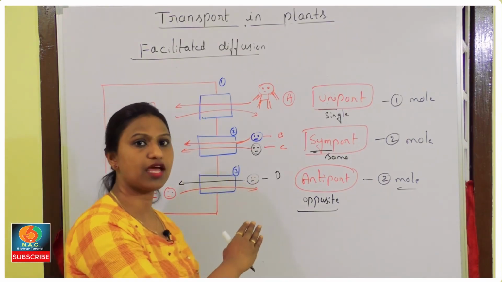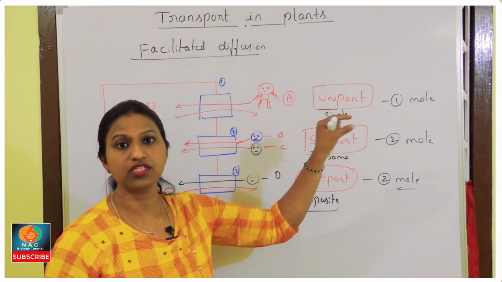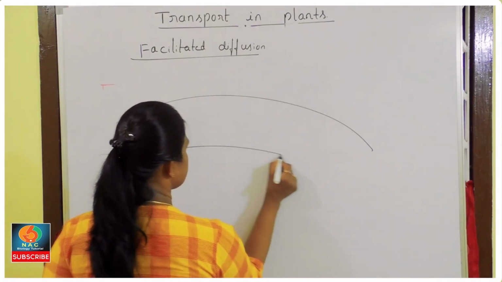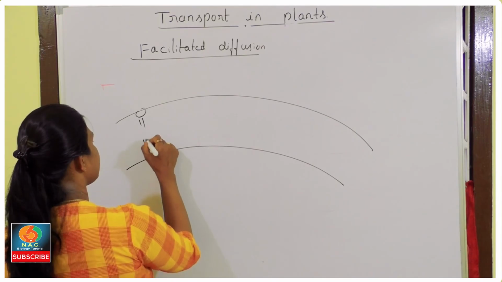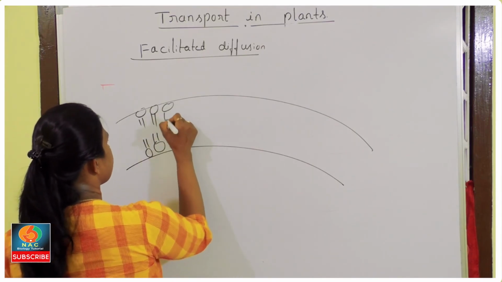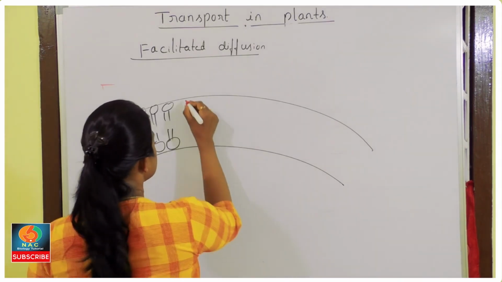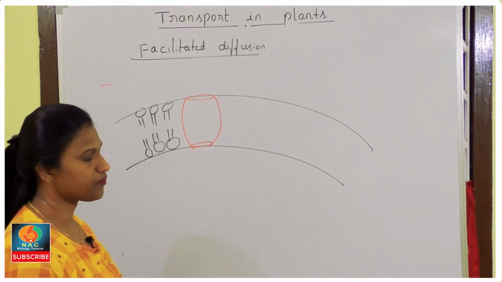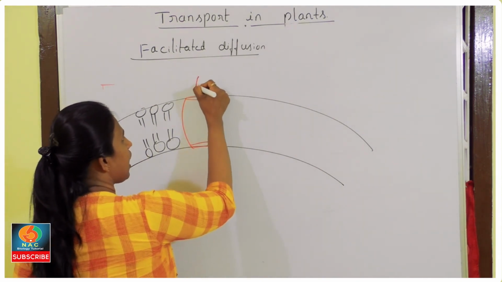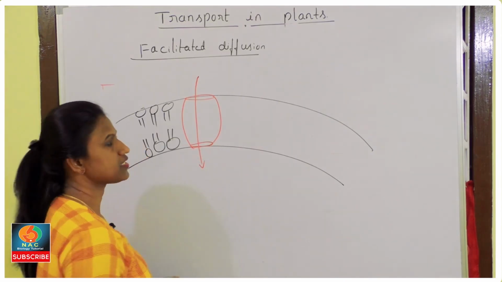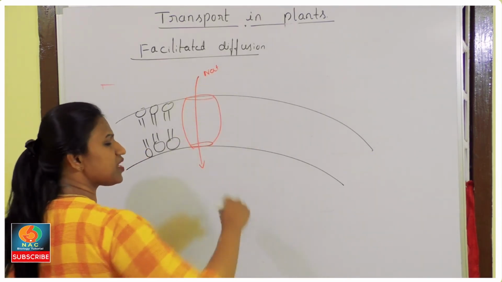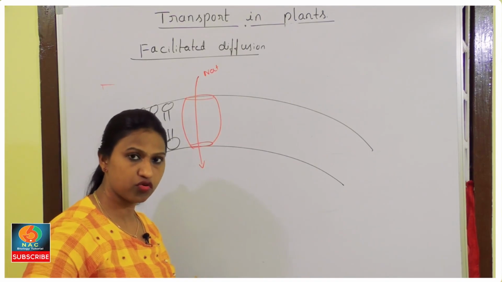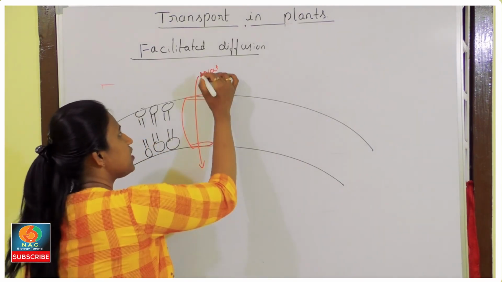Now let's compare the same scenario with the cell membrane. The proteins present in the cell membrane are facilitating the movement of these molecules, right? So this is the plasma membrane, the lipid bilayer, and these are the protein molecules, channel proteins or carrier proteins. If this protein allows only one molecule to get inside, say for example sodium, it is meant only for sodium. It is not allowing glucose, fructose, potassium or anything else.